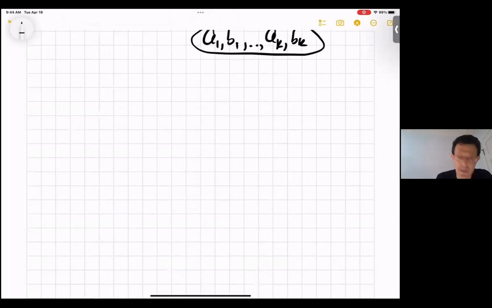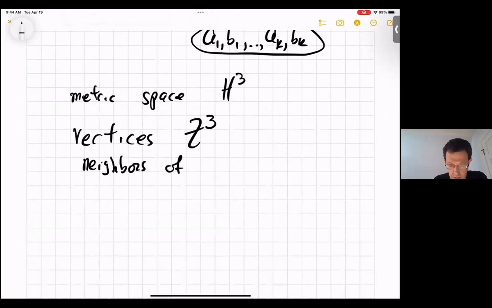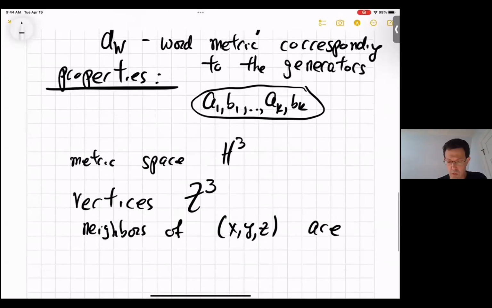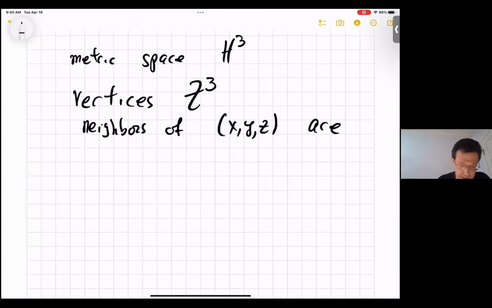So what is the metric space? So the metric space for, let's say, H3 is just you look at the vertices. It's like a graph. It is a graph. The vertices are just the integer grid in the room you're sitting in, and the neighbors of, let's say, X, Y, Z are, right? Look how many neighbors there are. A1, so K is 1 here, so it's A1, B1. There are 2 generators, so the neighbors are multiplied by A1. You have to multiply the matrices and check. It's the same thing. So the neighbors are